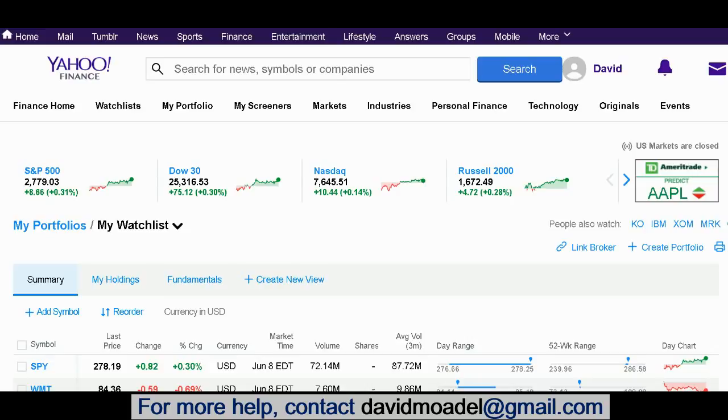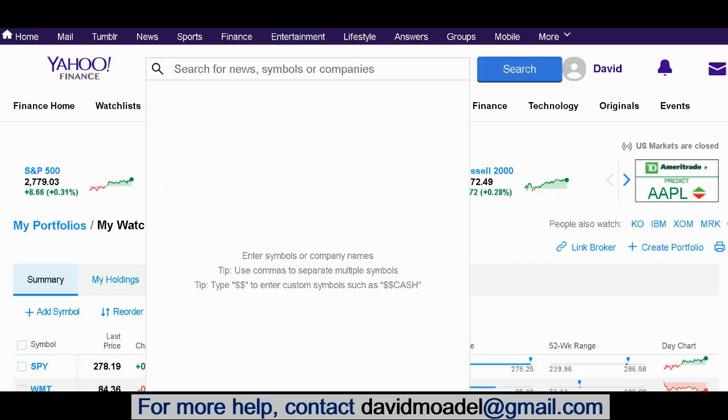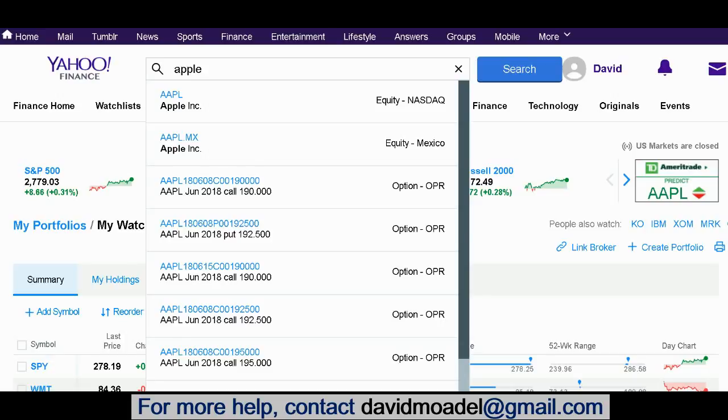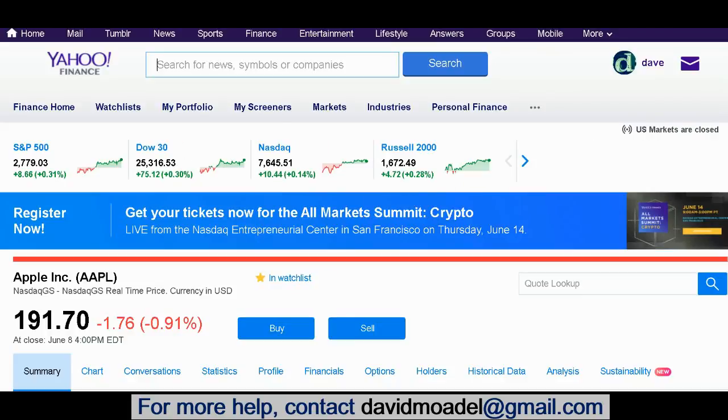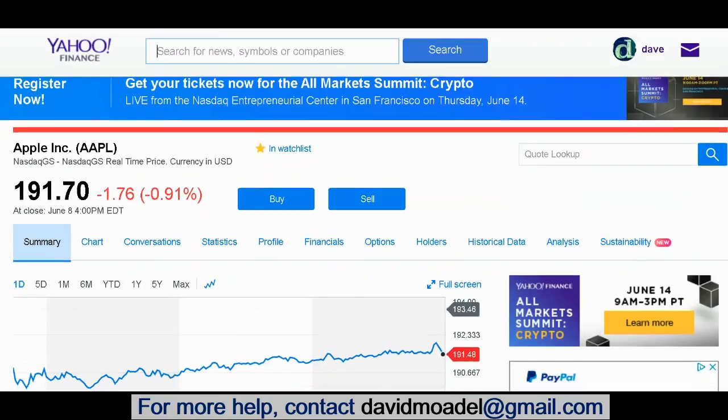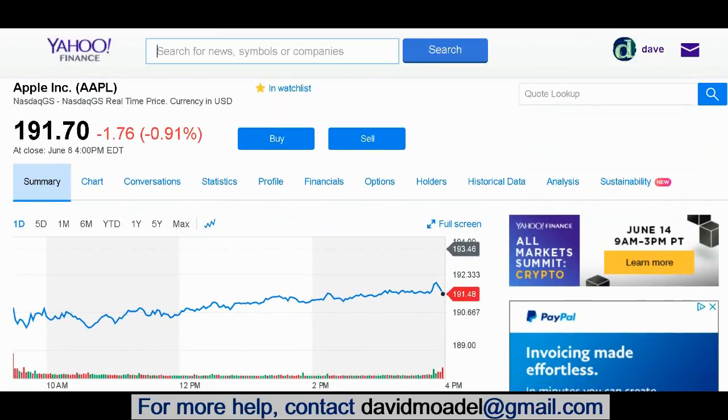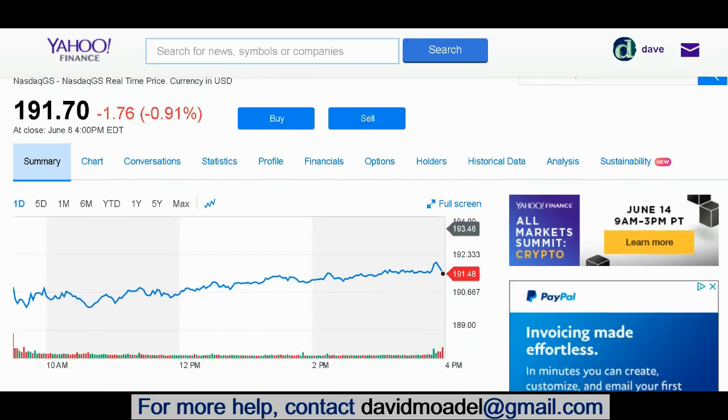But let's say you're using Yahoo Finance just as an example. You can go to the search box and type in your favorite company. It could be McDonald's, Disney, Coca-Cola, whatever. It could be Apple. Let's try Apple. Maybe you don't know what the ticker is, and the ticker is the stock symbol, but it'll probably figure it out, and you just click on the one that you think is right, Apple Inc. A lot of times it's the first one that pops up. Then you scroll down a little bit and you can see the price of Apple stock. Right now, if you were to buy one share of Apple stock, it would cost $191.70. And as you can see, there's a chart there.